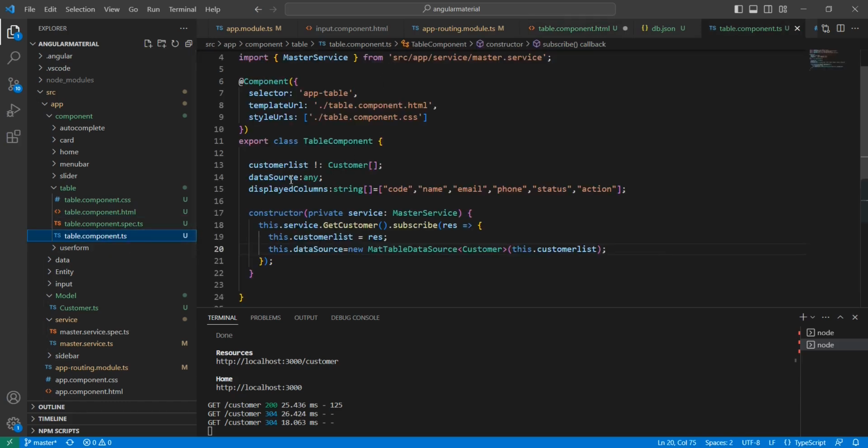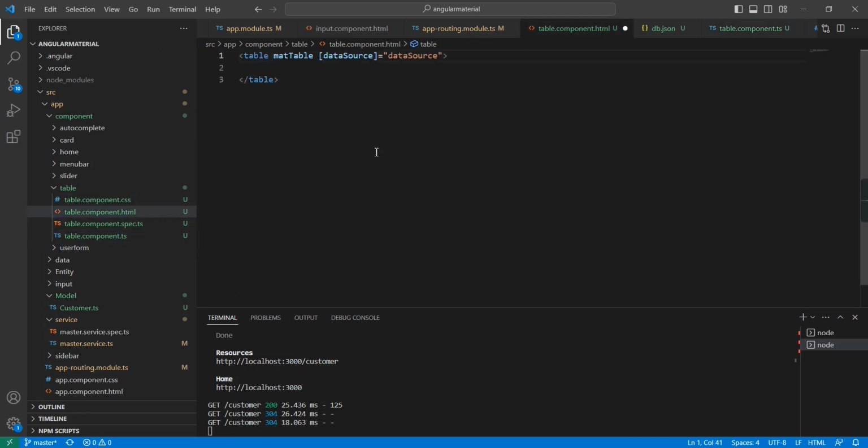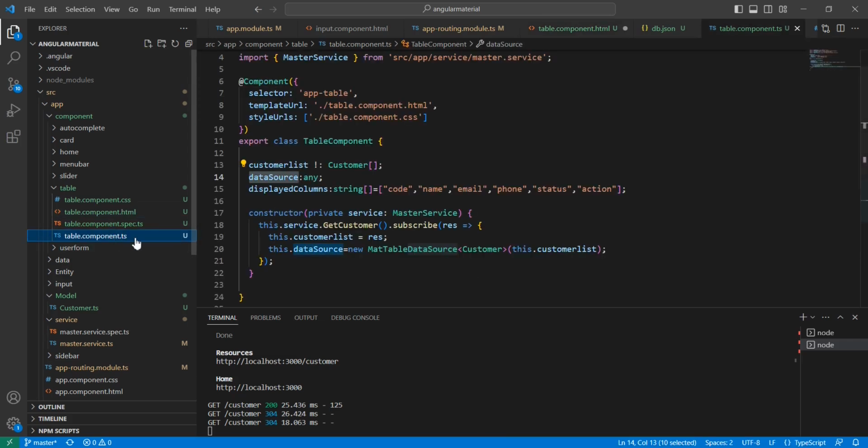So already we have one data source. Same thing we can use it here. And the next thing is we have to define our columns. So before that, let me include one tr tag, and this is for the header. So the directive is mat header row, and our mat header row definition equal to the display columns. Okay,